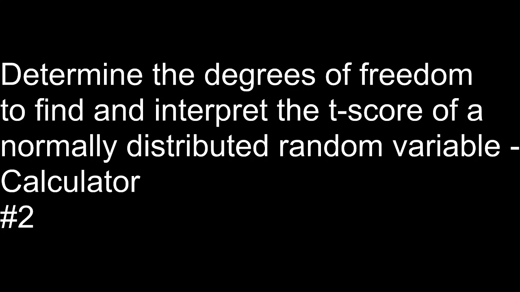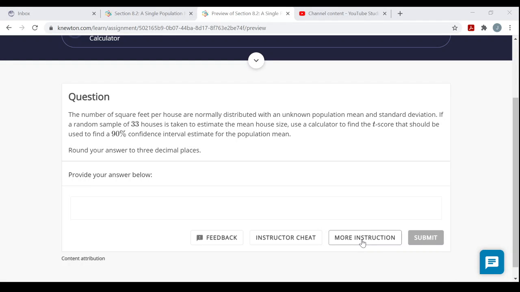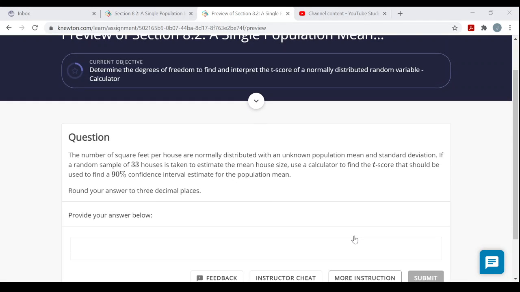The way I like doing it, I don't like doing it the way they do it. You can look at more instruction and see how they're doing it, and if you like that, you can do it. Click on more instruction here, see how they enter stuff. But if I'm just asked for simply a simple t-score, I'm just going to go straight to that inverse t